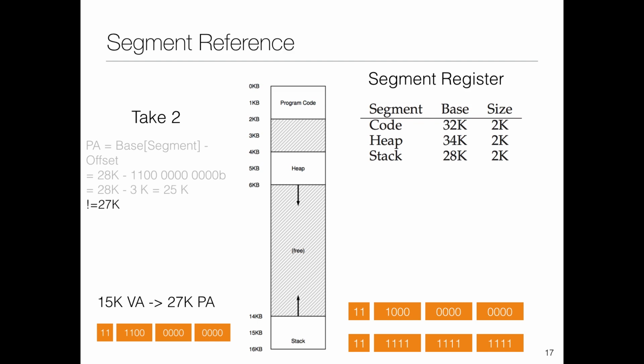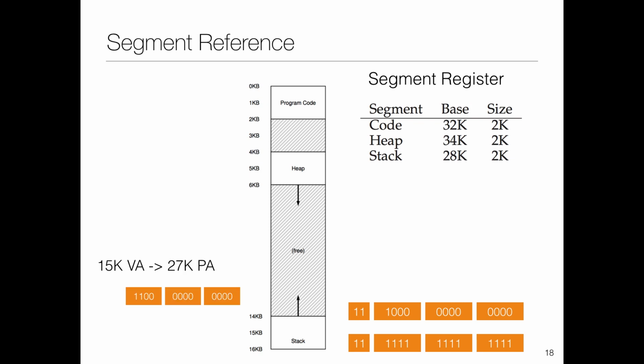So what could we do to get 27k as the answer? We know the answer. We need to find a way to get this answer. Plus offset minus 2k. Why minus 2k? Okay, so one way to get it is to get plus offset minus the size of the stack. The other way, which I generally tend to look at, is you just draw the blocks. So you have to somehow get 1k above the base address.